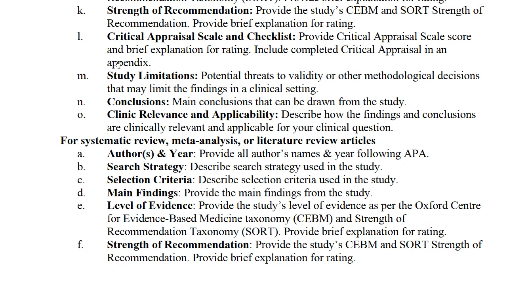And how do we know what the best evidence is unless we evaluate that evidence critically? So that's the goal here, for this material to give you a model of how to do this on a regular basis. On a regular basis, you may not have to write up the report like you're doing for an academic program like this, but still, in the end, you have to make that clinical decision on, well, should I really do that particular rehab, or should I do that particular treatment for my patient?